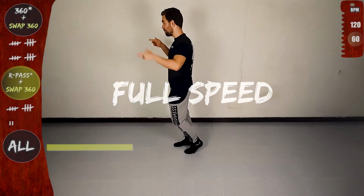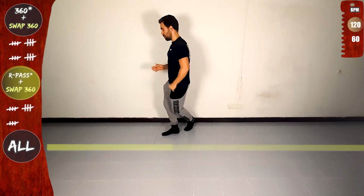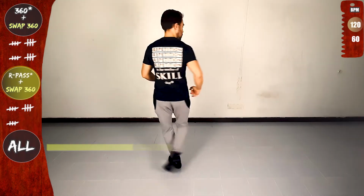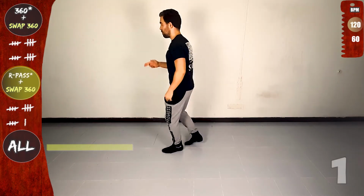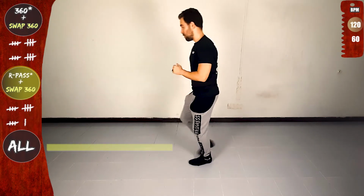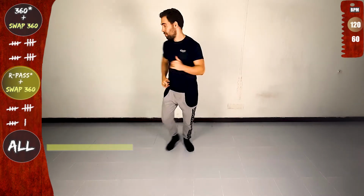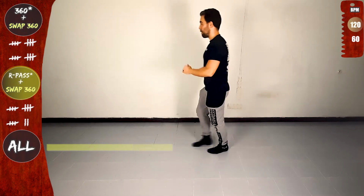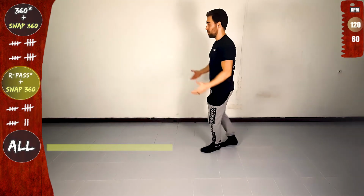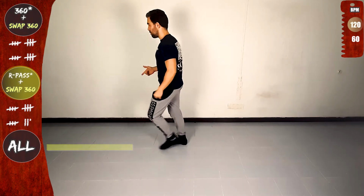basic offline, 1, let's go, and right pass, cross to the back, side and swap 360, anchor, back, open, rotate, basic offline, and right pass, let's go, cross to the back, side and swap 360, anchor, back, open, rotate, basic offline, and right pass, let's go, cross to the back, side and swap 360, anchor, back, open, rotate, and basic,